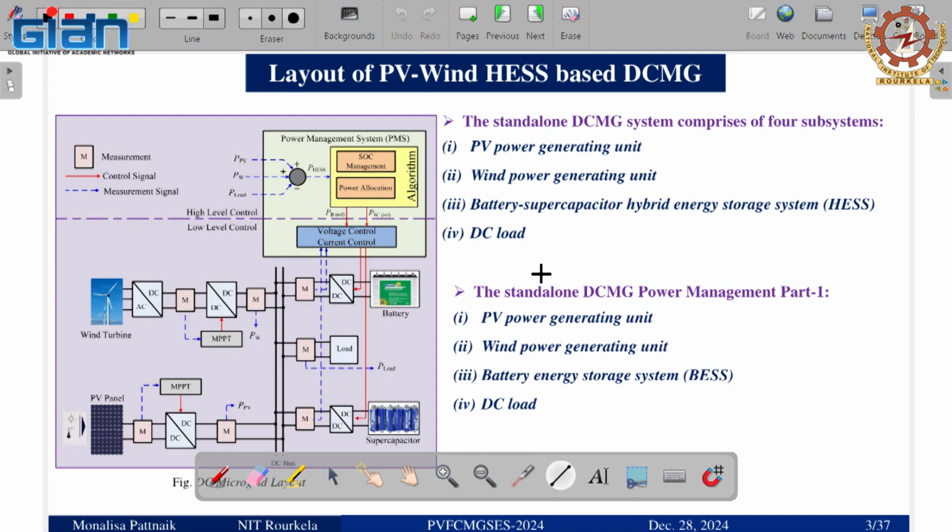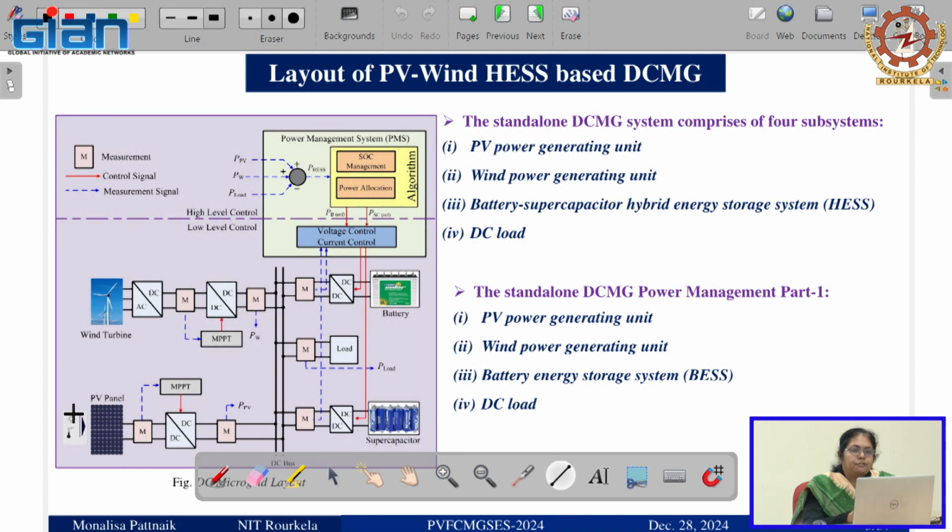Here PV and wind I have considered in place of fuel cell, because we have not started working on the fuel cell-based system yet, frankly speaking we have just started. So hardware implementation is yet to be completed. In place of fuel cell you can imagine it as a wind-based system. So this is the complete layout of the whole DC microgrid.